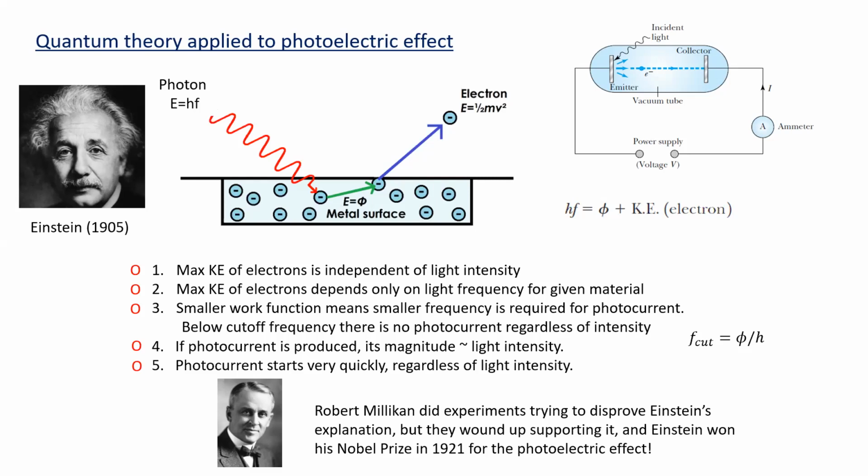Many things were independent of light intensity. Whereas in the quantum picture proposed by Einstein, with the energy packets proportional to hf, where f is the frequency, we can get agreement with the experimental results